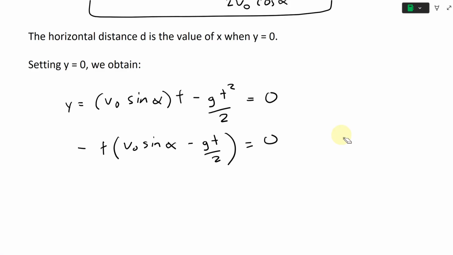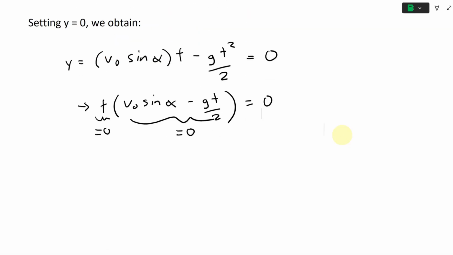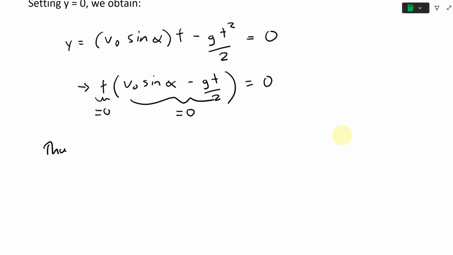We have at the origin, this is at t equals 0, or this whole thing can equal 0. So this can equal 0, or this whole thing can equal 0. Thus, t is equal to 0, that's at the origin, that's a trivial one, or we have,